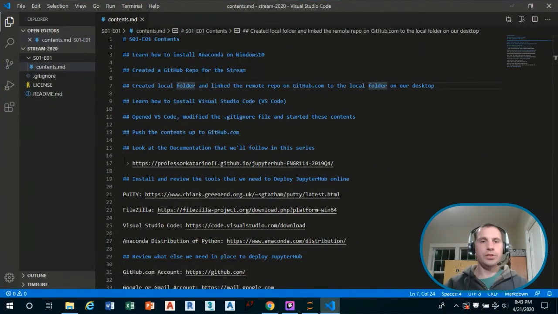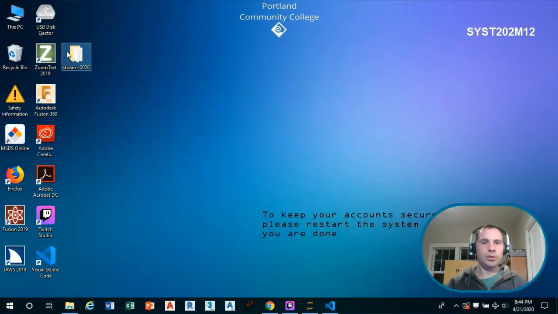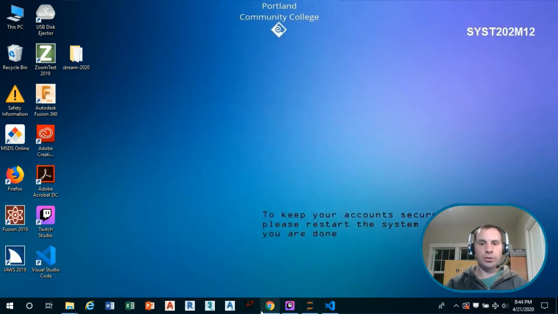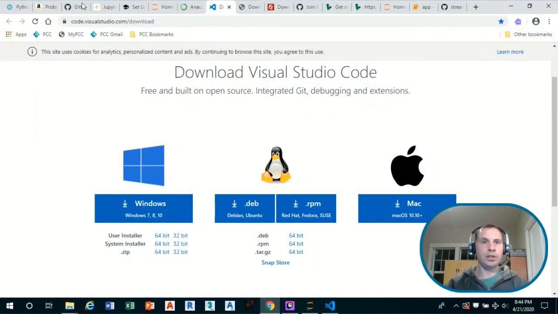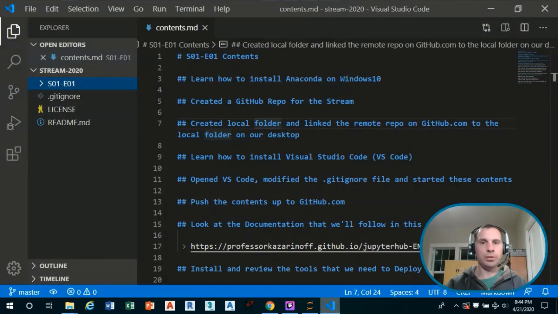So this is the Visual Studio Code window, and note that you can see the files here on the left-hand side file browser that you could see here in this local folder, that you could also see up on GitHub in this GitHub repo.